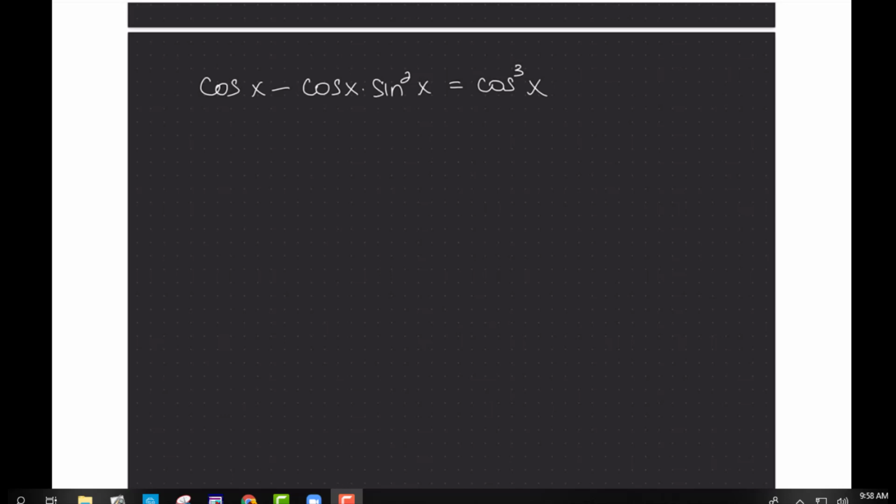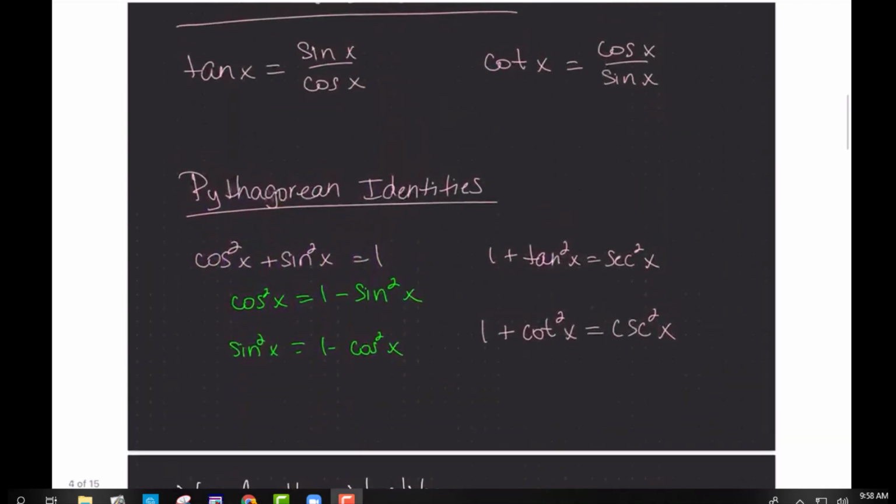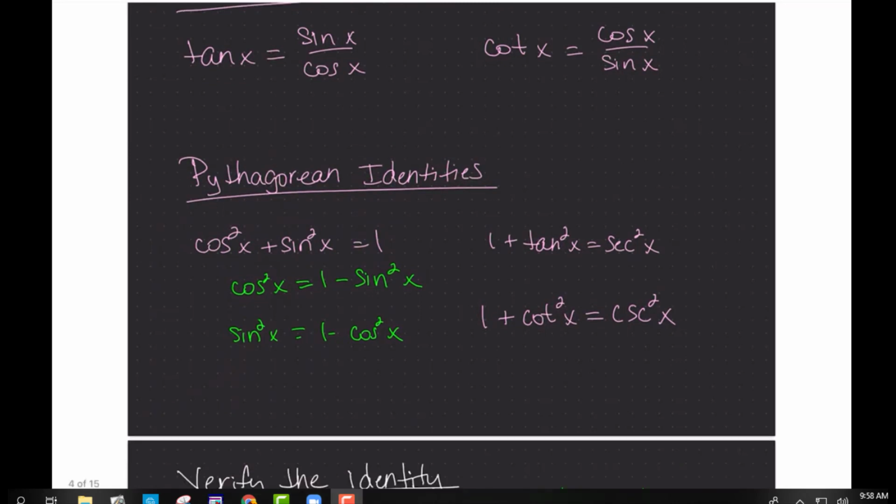The next thing I do is look at my degrees, and I've got a square in there. Anytime I see a square, if we think of the reciprocal identities, we didn't have anything that was a square. But when we looked at the Pythagorean identities, there were squares. That's where I'm going to lead to. But with those Pythagorean identities and squares, there are pluses and minuses and all that good stuff. So on my problem,